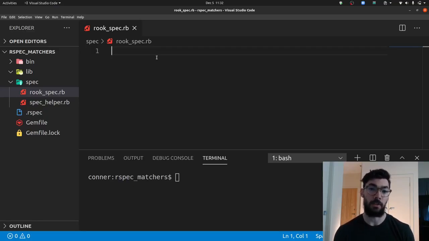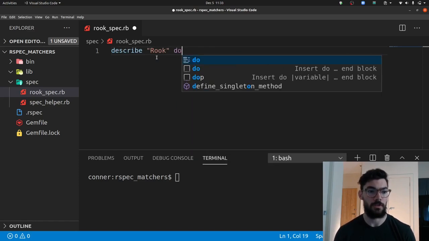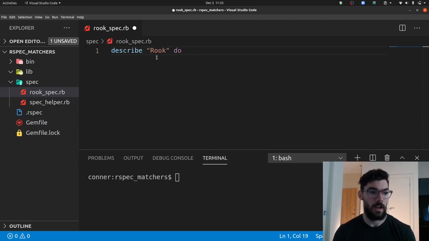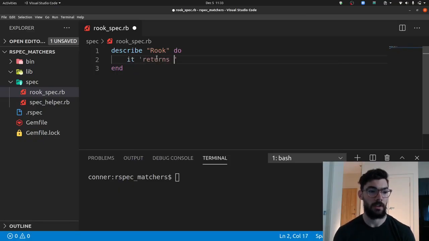Let's first describe a rook. So we'll say describe Rook do, and then we'll do a pending test and we'll say it returns the correct points value. A points value is, each piece in a chess game has a points value. The rook's points value is 5, the pawn's points value is 1, and this just tells you how valuable a